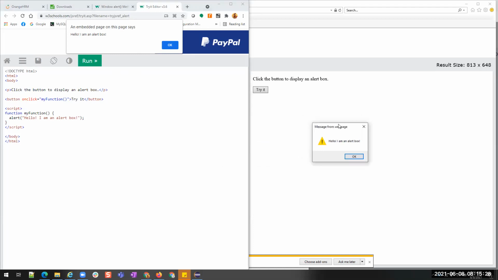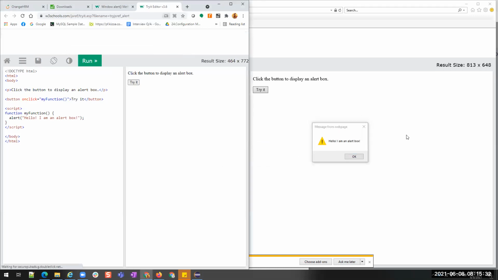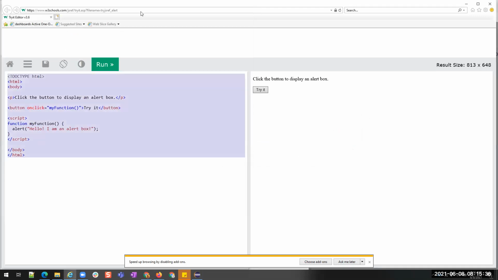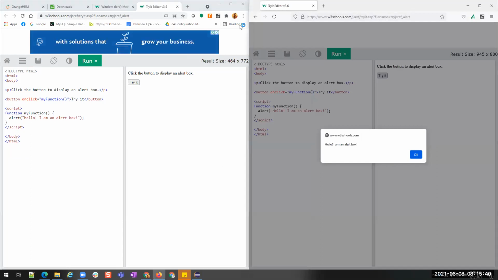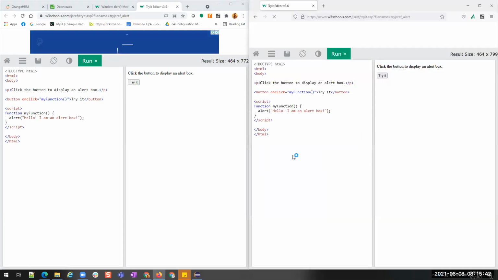Why are we getting different behavior, Nikhil? Because the code is the same everywhere, no problem. But how the browsers are interpreting this code is different. Each browser has its own way.